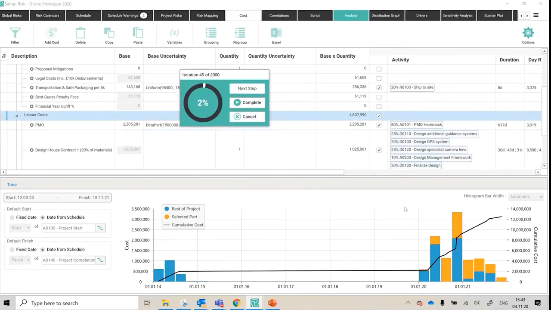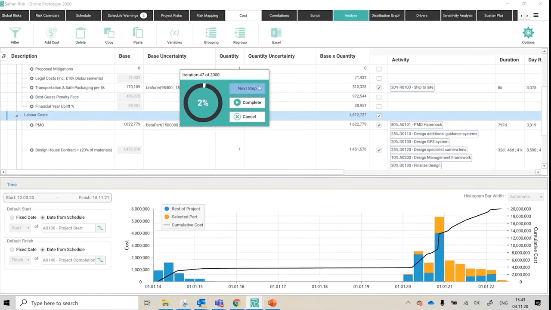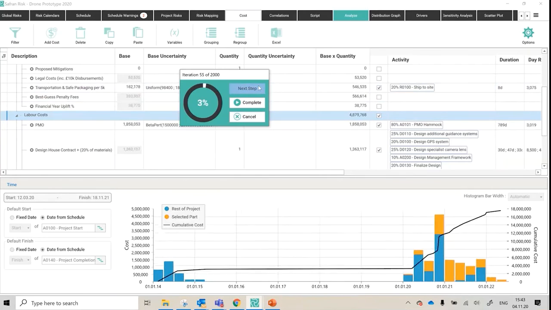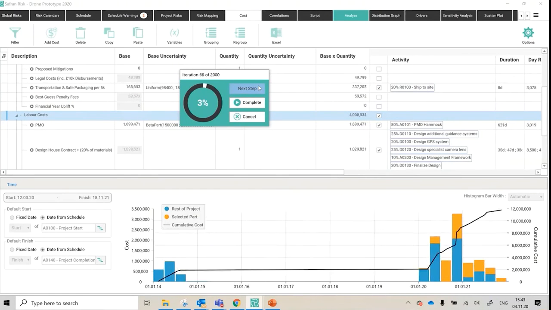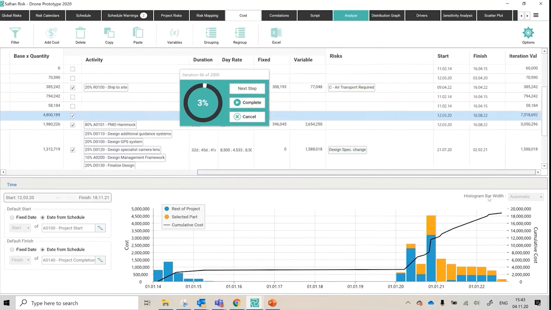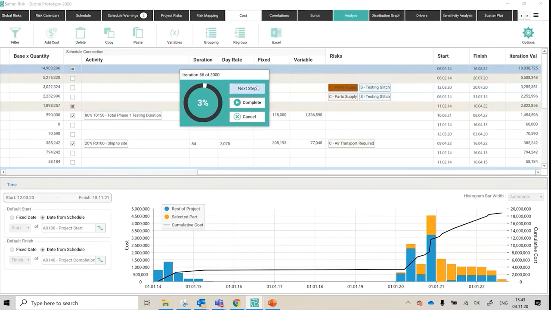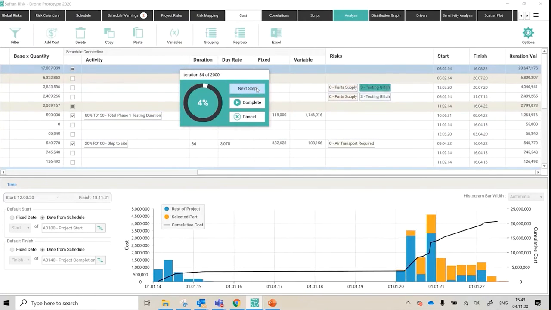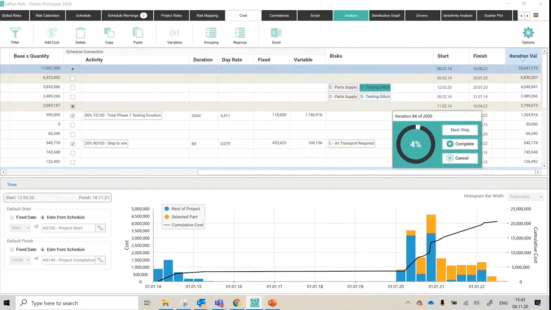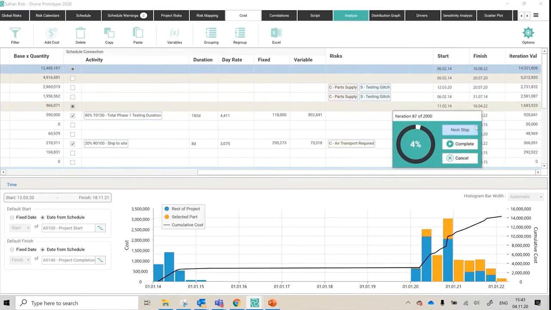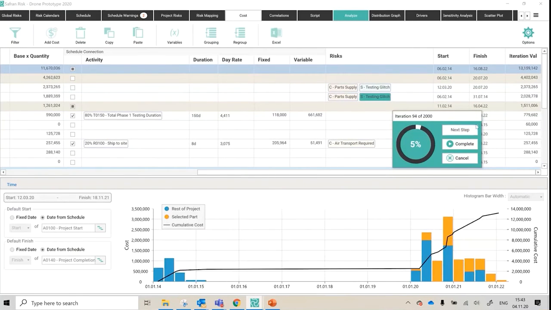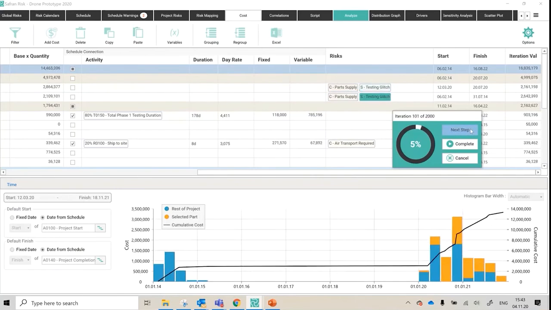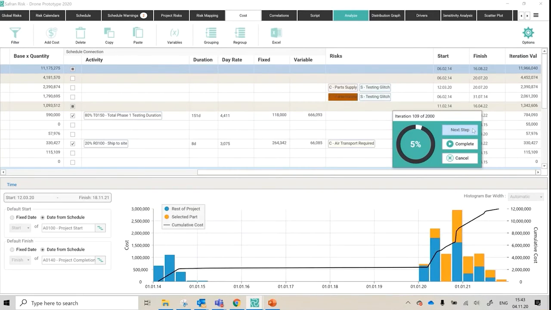So if you want to see where labour costs are being spent or incurred as part of the step through analysis and how much by, you can see that all moves around as well. And if you scroll this over to the right, wherever the risks have been mapped, you can see those lighting up and changing as well. So all the various details and then the final iteration value. So this is all, again, doing exactly the same thing to help you understand whether or not it's behaving as you intended. And once you're satisfied that the schedule and the cost model are doing what you need them to,